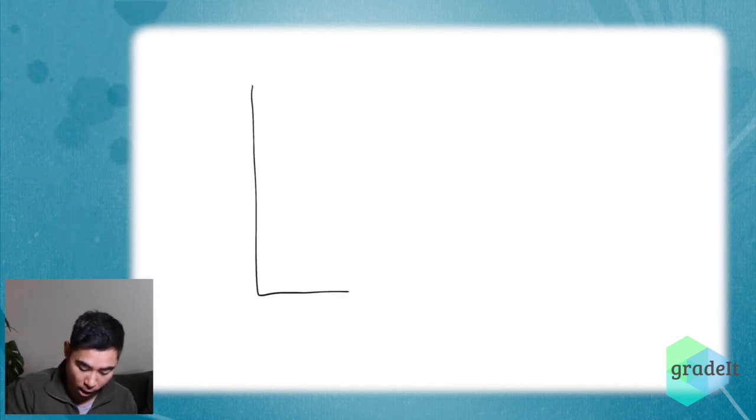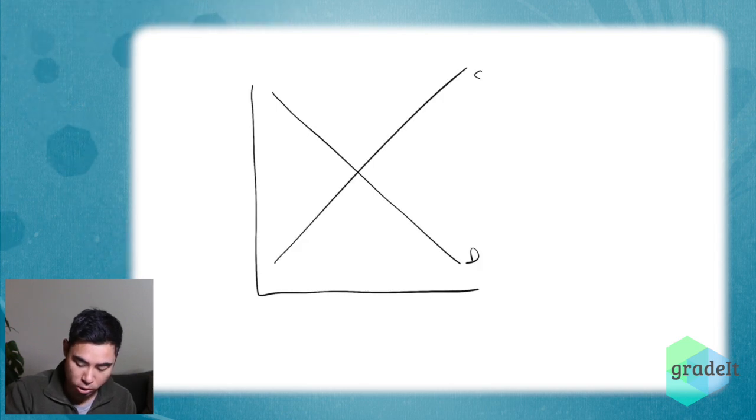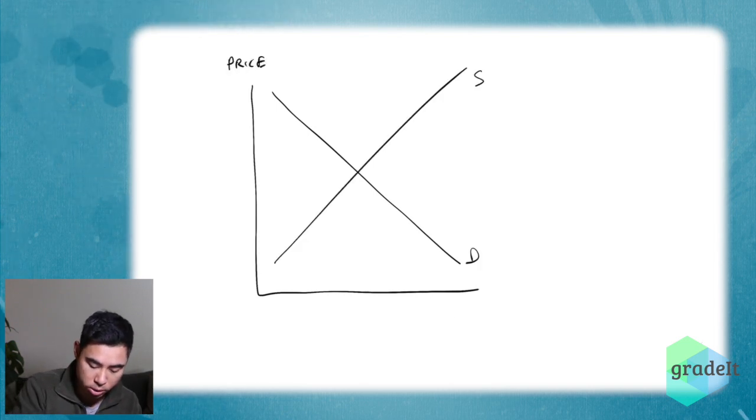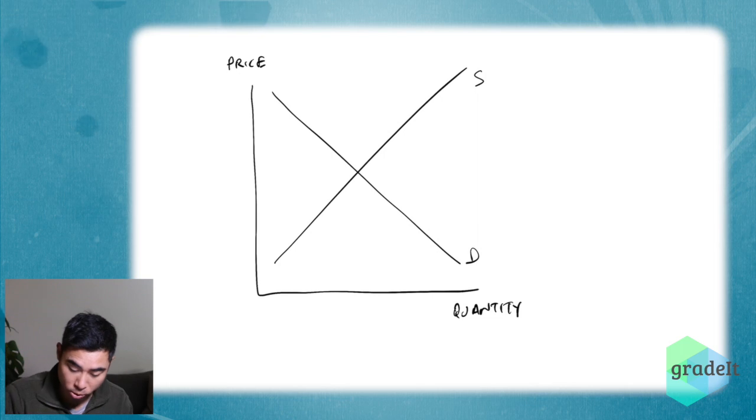So you guys will have drawn hundreds of these diagrams where you have your downward sloping demand curve and your upward sloping supply curve, and this is in price quantity space. And what I want to do is relate this to your work on y equals mx plus c and straight lines, because ordinarily